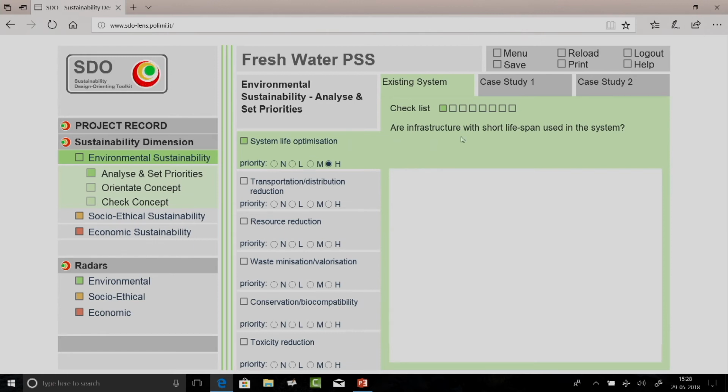So when I click on system life optimization, you see a checklist which appears over here. You go and click on each of these. They have various questions that are asked to you. So, do parts of the system tend to be technologically obsolete or to be culturally or aesthetically obsolete?